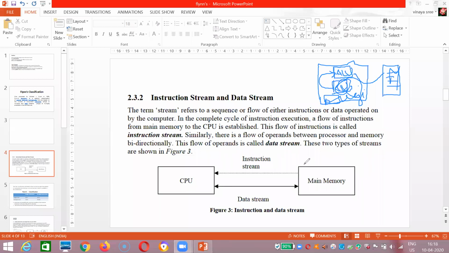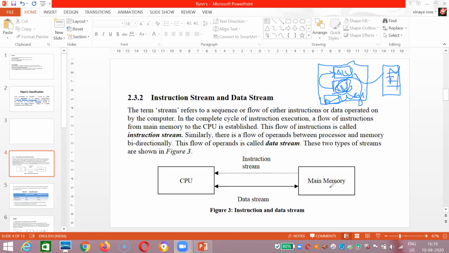See, main memory to fetch an instruction. So this is your instruction stream. From here it fetches the instruction. Inside it, it is not given briefly how many devices are present in this CU. Like CU will be there, ALU will be there, registers will be there. Simply it is written as CPU. So from main memory, the instruction will be fetched and decoding will be done in CU, and after decoding, that instruction will be passed to ALU for execution. After execution, again it will return back to main memory.